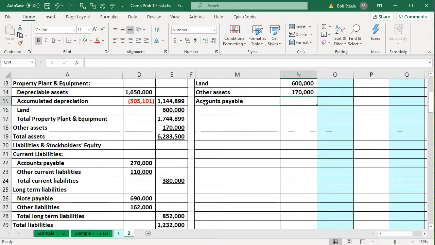Enter. Now the accounts payable is a liability account. Liability accounts have credit balances. Therefore, I need a credit here, which I'm going to represent with a negative number. Instead of hitting equals, the way I'm going to do that is say negative instead of equals. And then scroll on down and pick up that